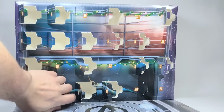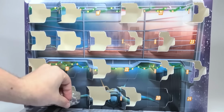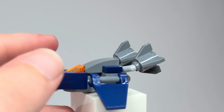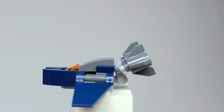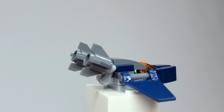Day number 17, we have here the Quinjet build. This is pretty cool, and it's kind of interesting since we didn't get a Quinjet last year, which is actually really uncharacteristic of Marvel to not give us a Quinjet very frequently. It's been since Endgame, but this is the Endgame one that they're kind of making a micro-scale version of,